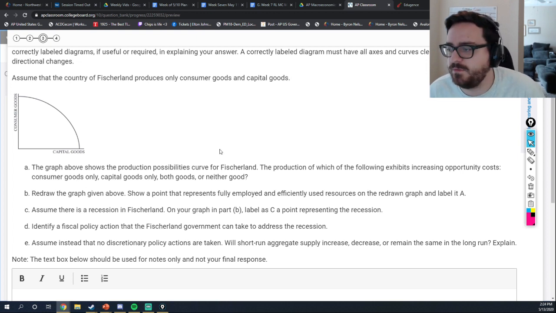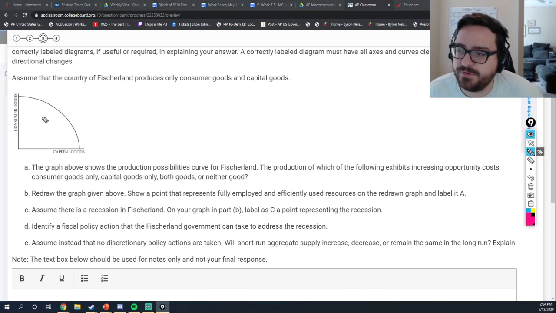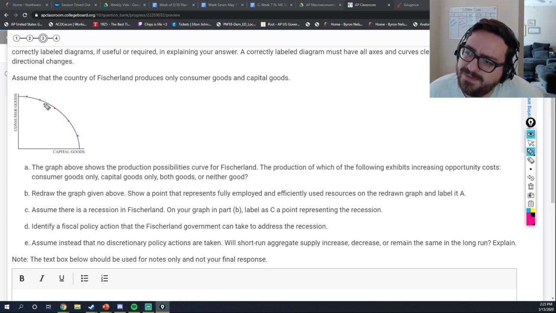That is totally understandable. So what does increasing opportunity cost mean? It means that as you produce more of one of these goods, you're giving up a steadier and steadier, larger amount of the other good. So if you were to imagine it with numbers, from here to here, we're giving up very few consumer goods, right? Maybe one consumer good for whatever this amount of capital goods is. As I go further to the right, I'm giving up a larger and larger amount